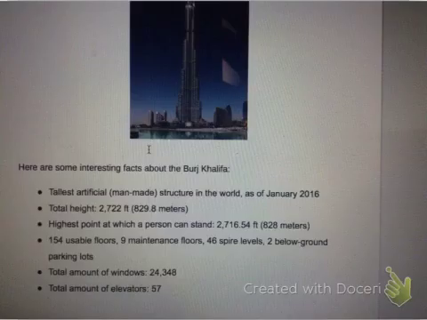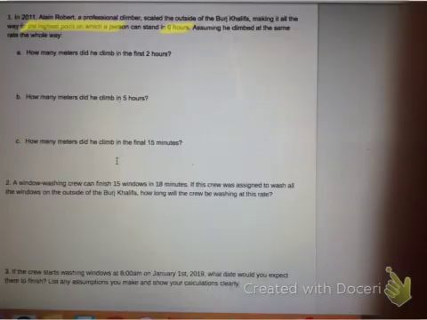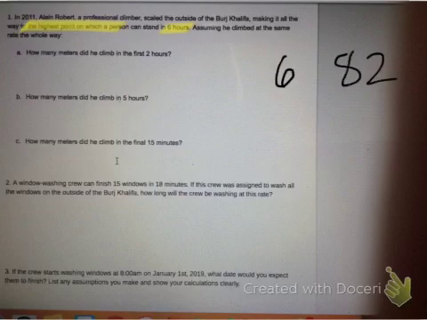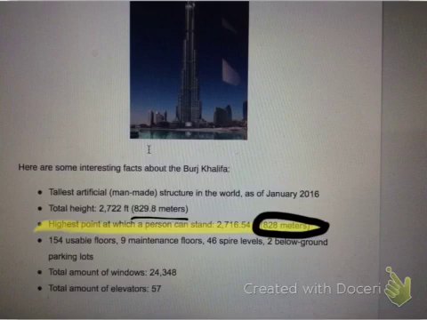If we go back to the front, the highest point a person can stand is right here. And we know we need to do this in meters, because the question says meters. So that means that in 6 hours, he climbed 828 meters. One of the mistakes I saw was people using 829.8 or using 828, because it's the tallest place a person